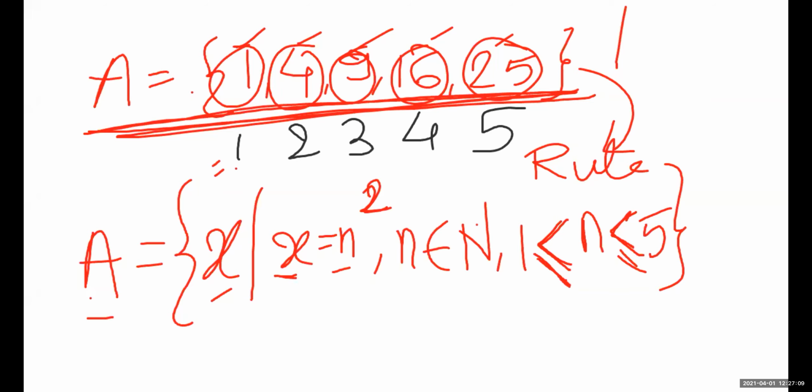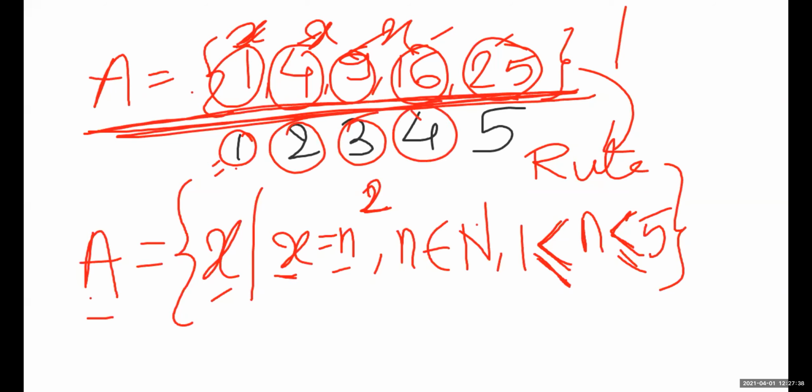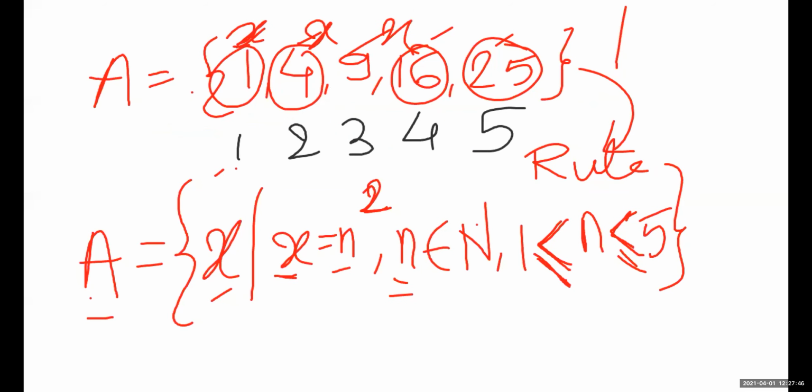अब वो नंबर्स कौन से हैं? 1 2 3 4 5. They are what? 1 2 3 4 5. And this 1 2 3 4 5, they belong to which category of number? Whole number है, natural number है? Yes, they are the natural numbers. So जैसे कि every element is an x, तो ये every number is an n. ये क्या है? n है. So this n belongs to natural numbers. Okay.